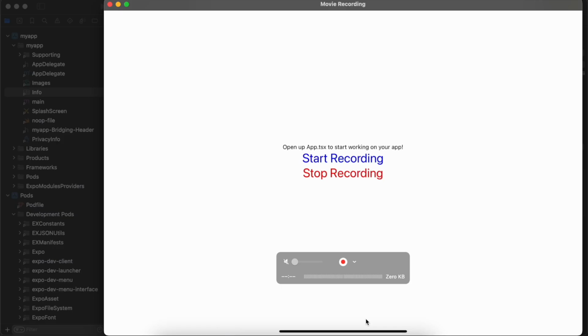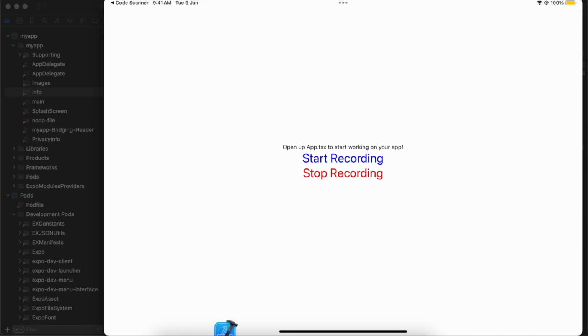Okay guys, so here is the output for my iOS device. So I'll just click on the start recording button. It will ask you for some permission. I have just started talking. Hello, this is coding with nobody. I'll click on stop recording,